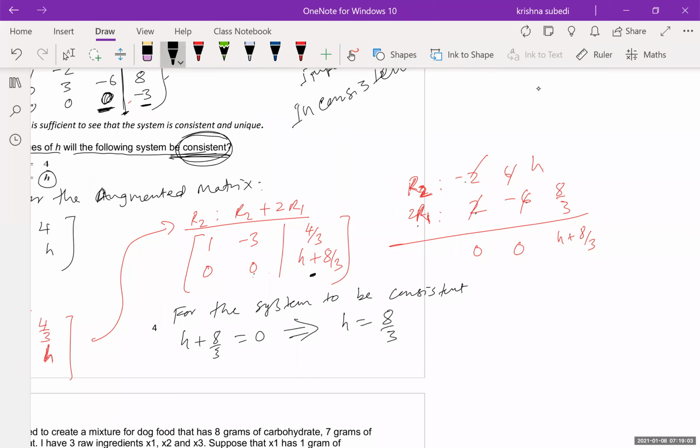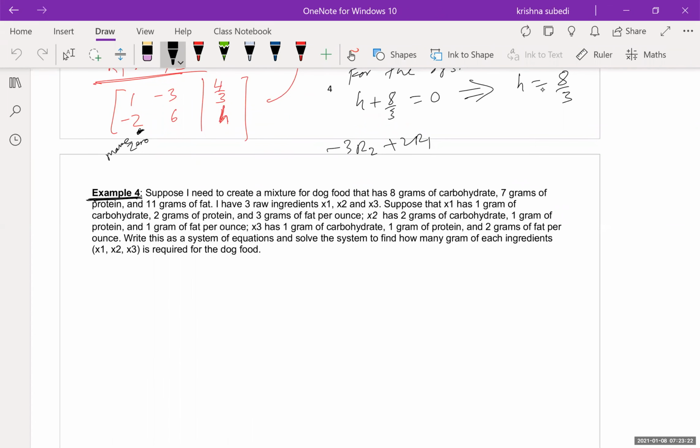Yes, two of you raised the hand. Do you have any question? Yes, I have a question. I was trying to solve a different way, but I'm not sure. I did R2 equal R2